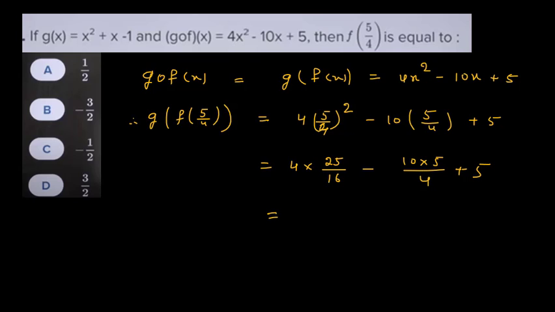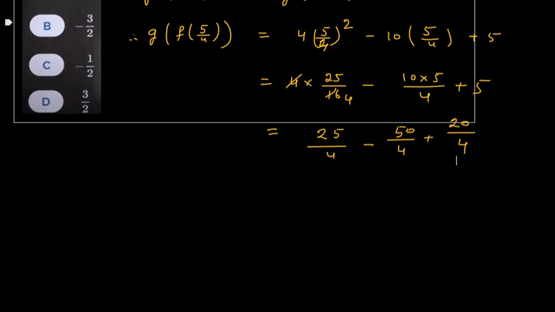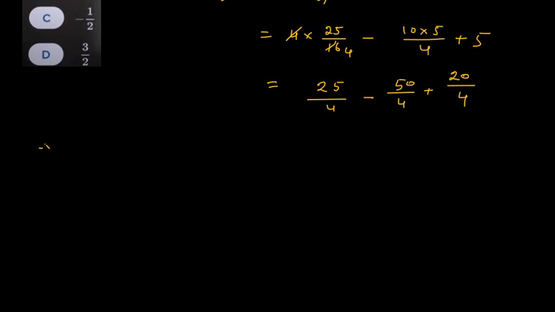So this is 4 into 25 divided by 16, minus 10 into 5 divided by 4, plus 5. So this is equal to 25 divided by 4 minus 50 divided by 4, and this 5 I can write as 20 divided by 4. So therefore g of f of 5 divided by 4 is equal to, now 25 minus 50 is minus 25, minus 25 plus 20 is minus 5. So this is minus 5 divided by 4. This is my first equation. Also